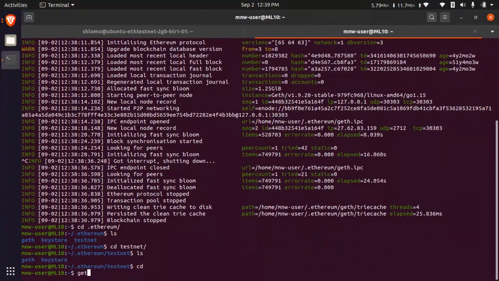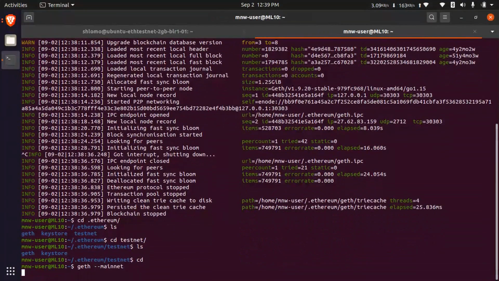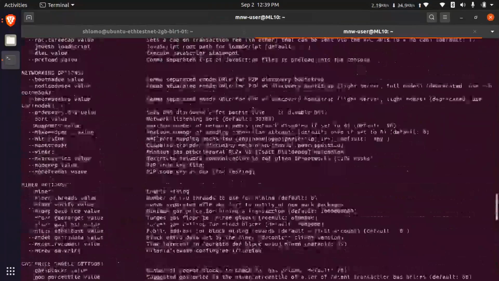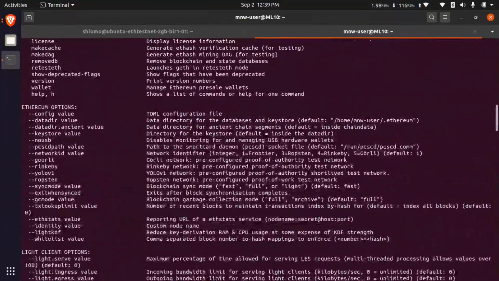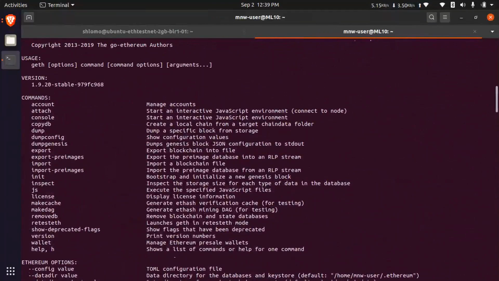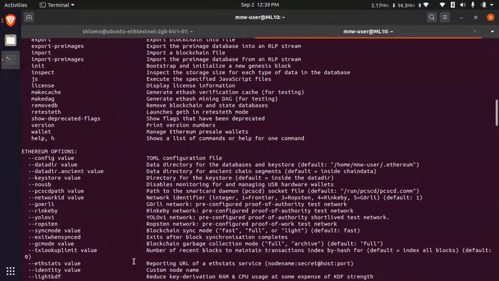If I am running Geth with the hyphen option, it will connect to that option, or else you can use hyphen testnet also. If you are mentioning your network ID also, it will work. Like network ID, yesterday I showed that option: 3 means Ropsten, 1 means mainnet.